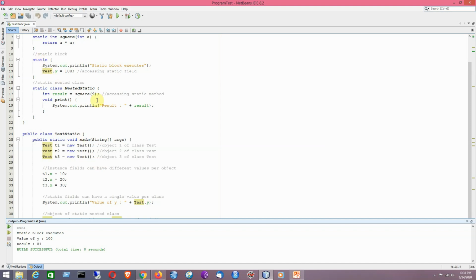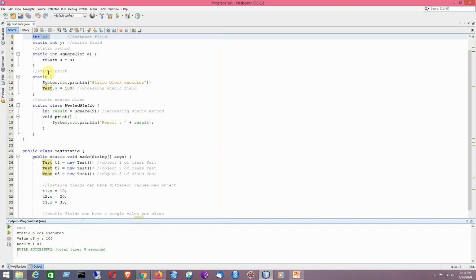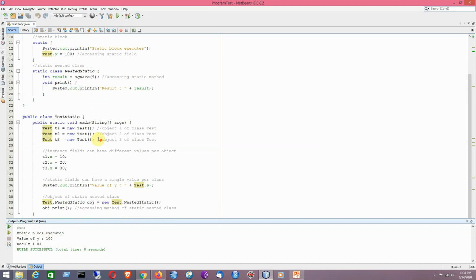So that is why this particular block, the static block, gets executed and this line gets printed, followed by